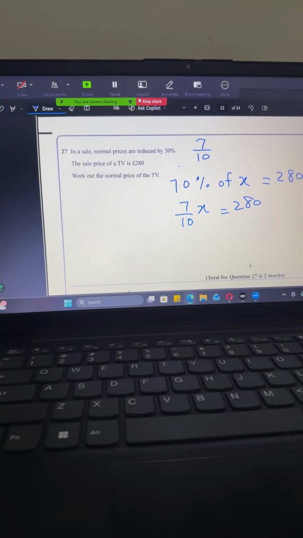So first 10 is dividing over here, right? Multiply it on both sides. It's an algebra problem, right? So 10s and 10s get cancelled out over here. We are left with 7x is equal to